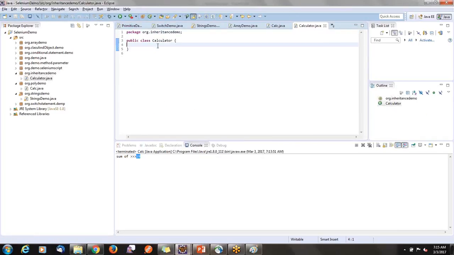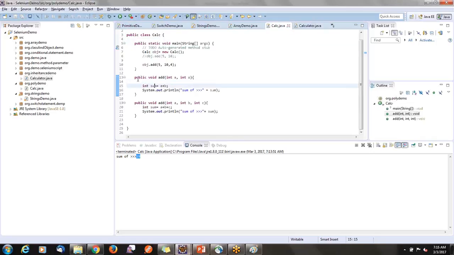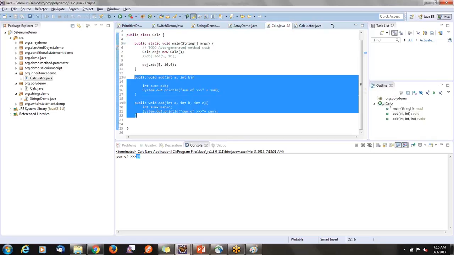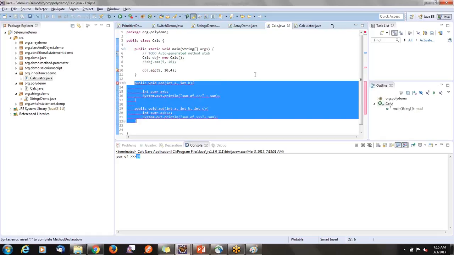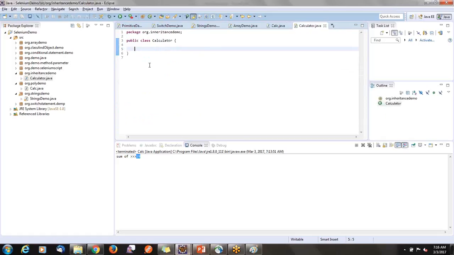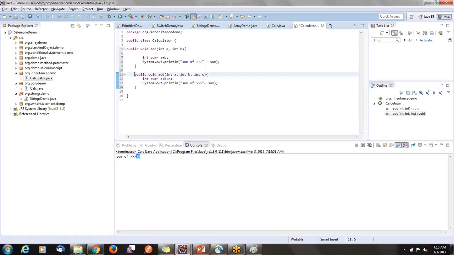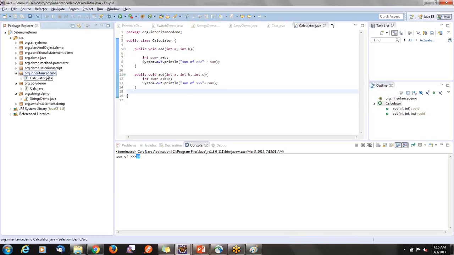I created a class Calculator. I would have these two methods only. I have these two methods in my class. Fine. Now